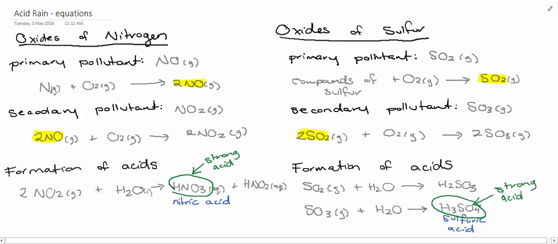Okay, so just to recap, for both the oxides of nitrogen and sulphur, you should recognise the primary pollutant, the secondary pollutants, not just by name and formula, but also to write the equations for their formation. And lastly, you should be able to write the equation for the formation of the acids that contribute